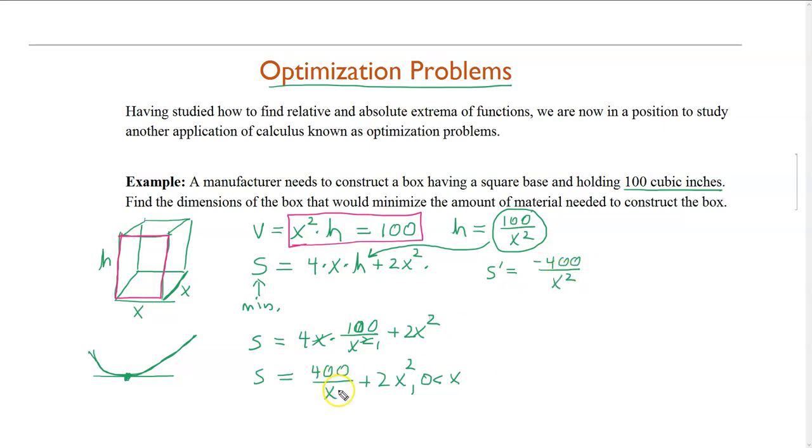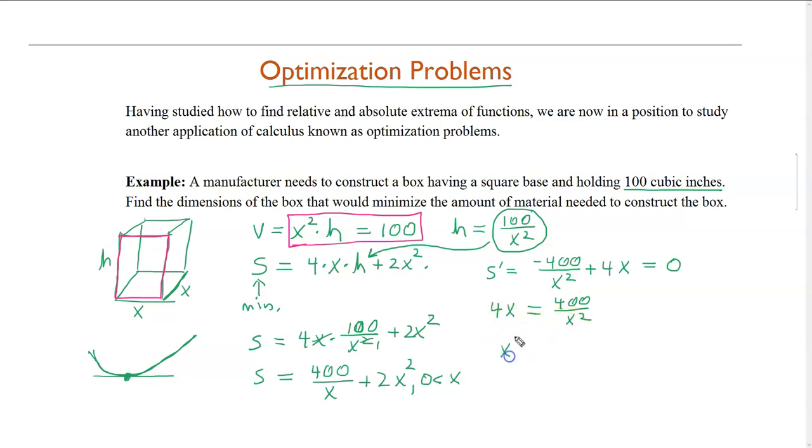remember this is 400 times x to the negative 1. Derivative of x to the negative 1 is negative 1 over x squared plus 4x. And we'll set that equal to 0 and solve this for x. Taking the 400 over x squared over, negative 400 over x squared over, we get, and now just multiplying the x squared over to the left side, dividing the 4 to the right side, we